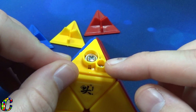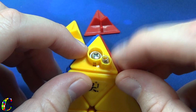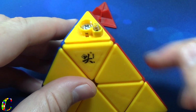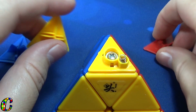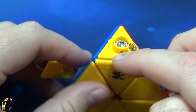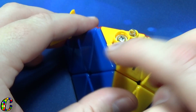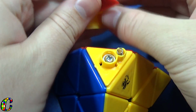And as you can see there, those springs are really easy to come out, and I've lost a few, so I had to replace them with some backups that I had. But that's a really big deal, and it's kind of a pain to tension your puzzle, to do all the tips like that, tension it to the way you want to, and then the way they go back together is kind of reminiscent to like a Zanchi corner. You can see here that there are some little slots here on this middle piece. You can see here that there are some small slots on this tip piece,